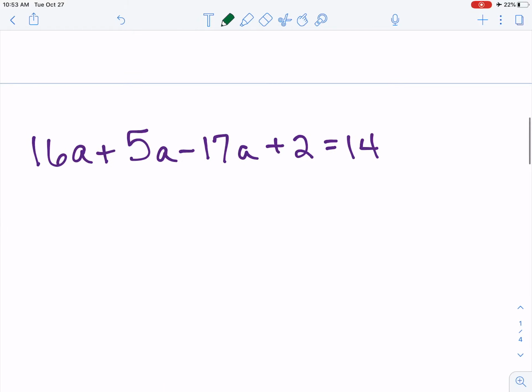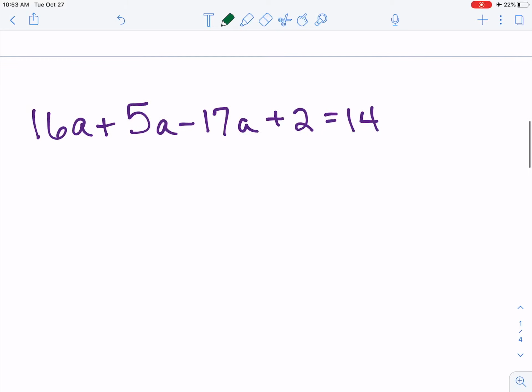All right, in our third example, we have 16a plus 5a minus 17a plus 2 equals 14. This looks like a super long problem, but don't fret. I'm going to show you some strategies for simplifying this. The first thing we're going to look for here is, we don't have any parentheses that we need to distribute, but we're going to see if we have any like terms that we can combine, meaning any numbers that have the same, or any pieces that have the same variable, or any things that are constants that don't have variables